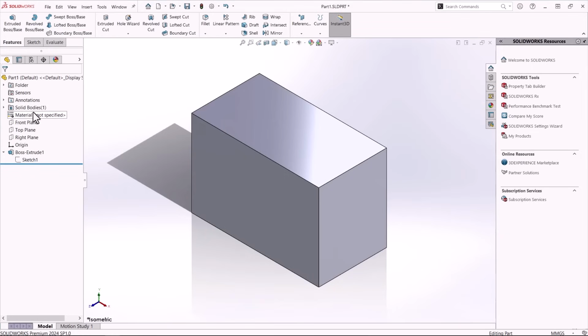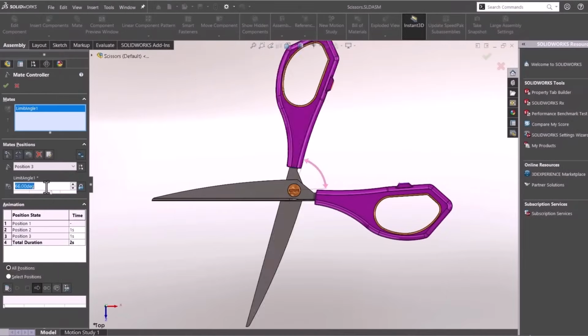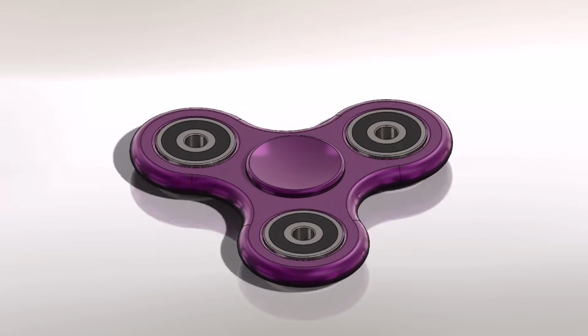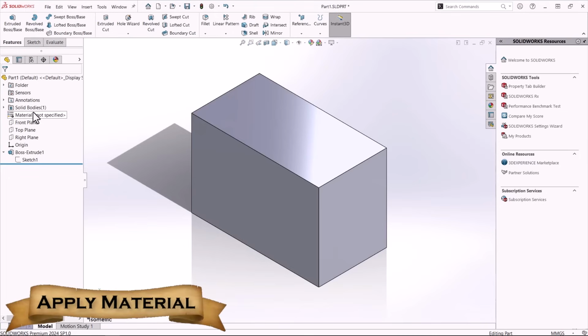As engineers, one of the reasons we design is to extract valuable information from our models. We can create 2D drawings, assemblies of mechanisms, bills of materials, use finite element analysis for simulations, motion analysis, and even more. As you understand, I can't cover all this in one video, but I'll show you 2 tools you can use in the Evaluate tab, which I want you to learn how to use. Before I show you the other tool that I want, let's have a look back on our design tree.